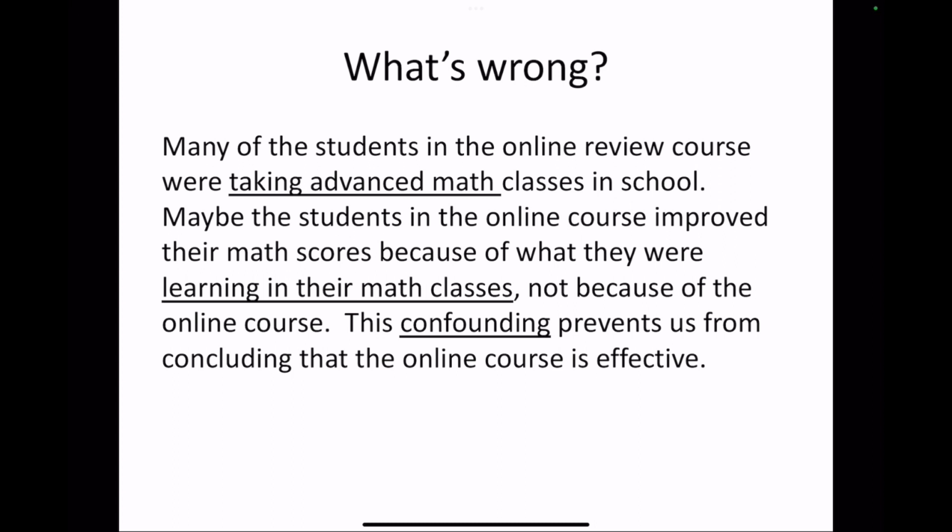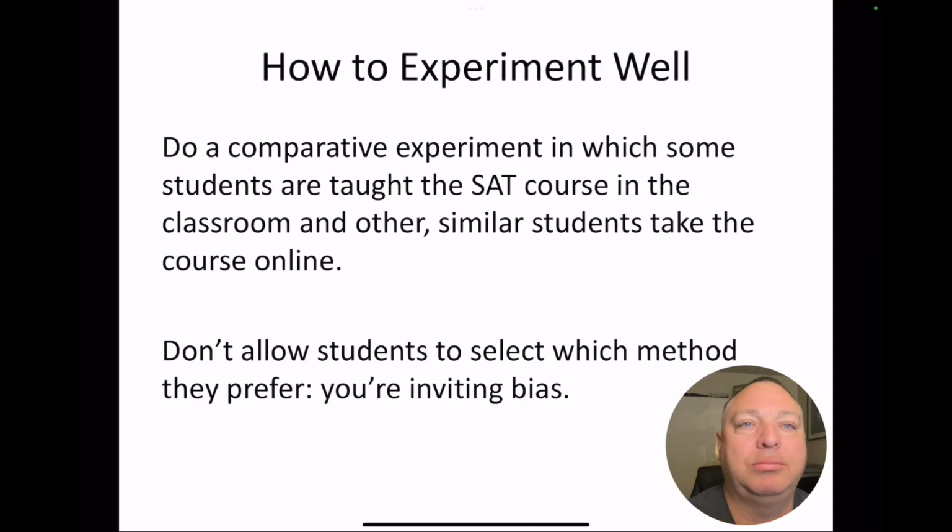Well, maybe that's why they improved their learning in math, not because of this review course that we sent them through. This is what we call confounding. And it's preventing us from concluding that the online course is effective. How do you get around that? Well, glad you asked. So what we have to do then is we have to not allow the students to